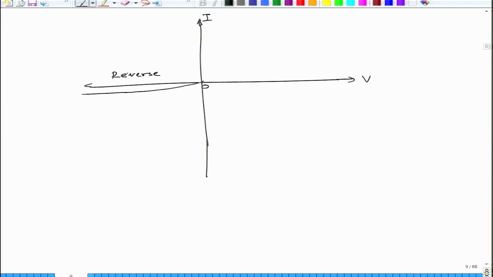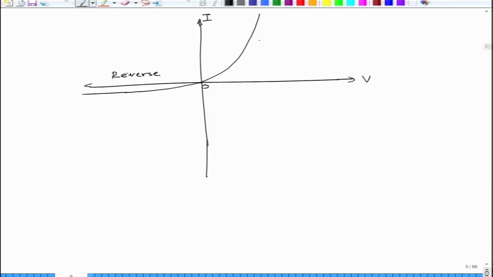This is reverse bias, and then in the forward bias, a large current flows through the junction by electrons pushing across from N to P side and holes pushing across from P to N side, so there is a very large junction current, and this current is essentially the forward current. So this is forward current, and mathematically speaking, I is equal to I naught (exponential of qVA divided by kT minus 1),